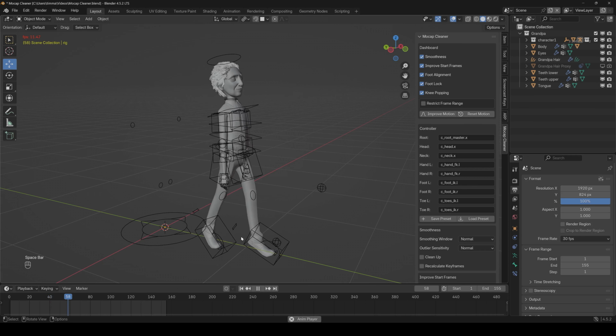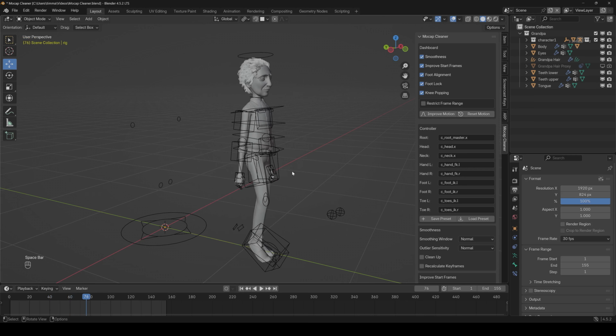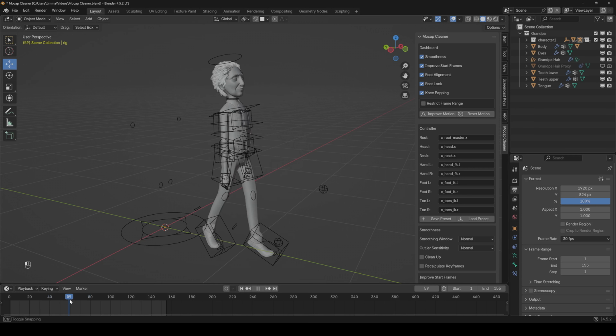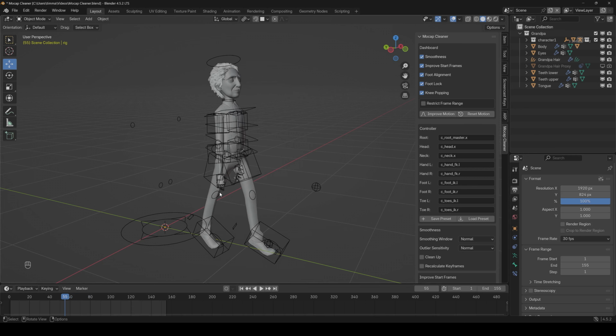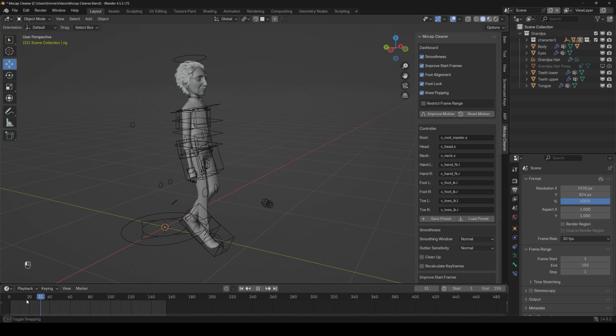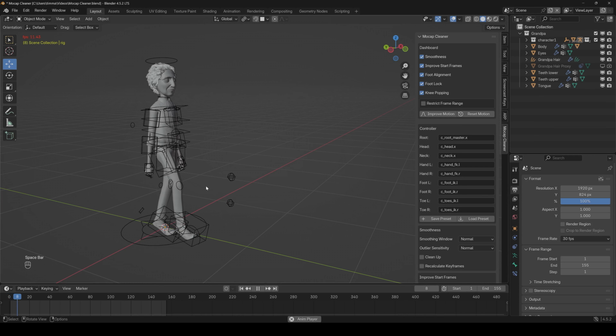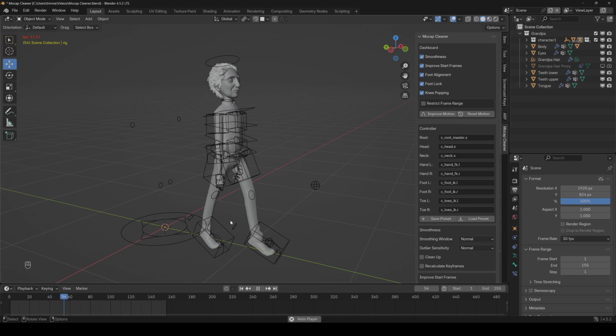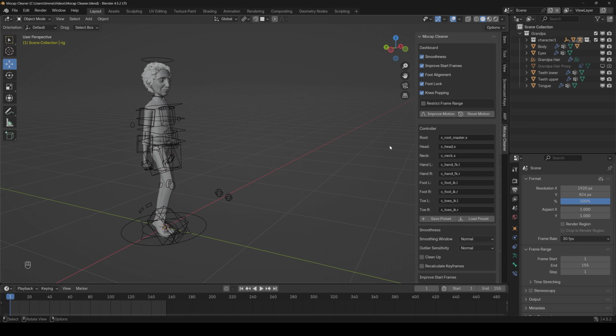But quite buggy everything. And we also have here the knee popping and everything isn't really smooth here. And the cool thing is you can see the progress of the analyzation and improvement in real time. So let's try it out now.